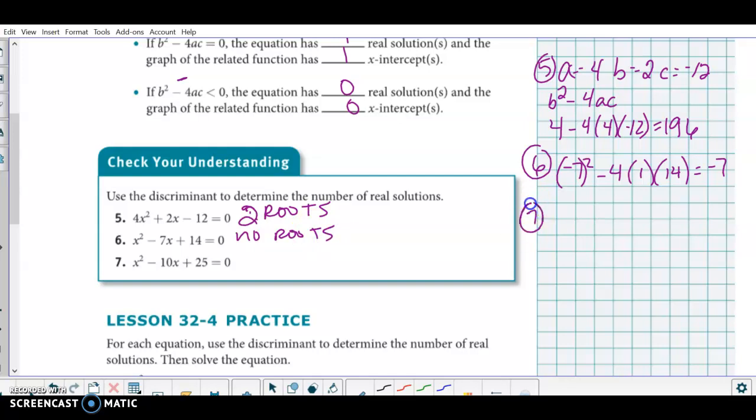On number 7, b squared, so negative 10 squared minus 4 times 1 times 25, 100 minus 100 is 0. So this is going to have 1 root. Sorry, no s on it. Please let me know if you have any